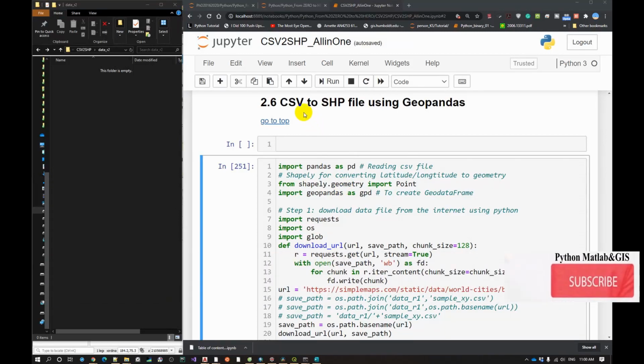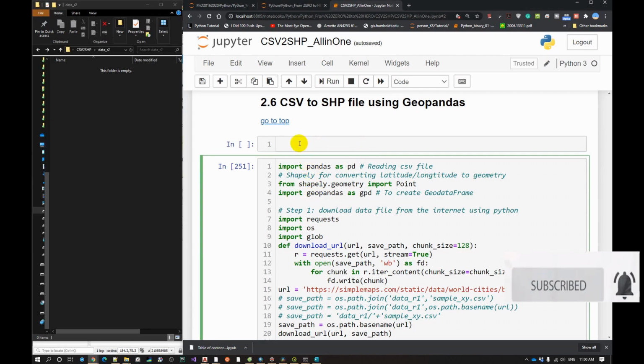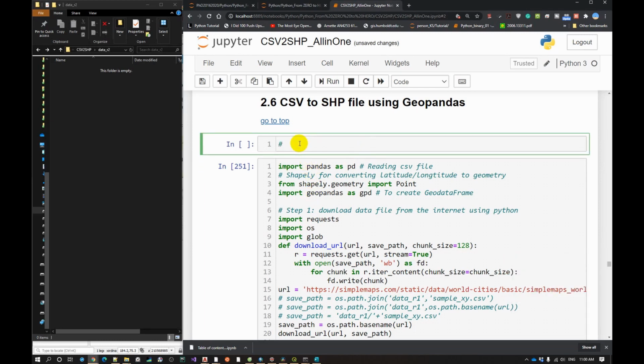Convert CSV to shapefile using GeoPandas. So in this section, we're going to look at how to use GeoPandas to convert CSV files to shapefile and maybe some other formats. So the first thing we need to do is import